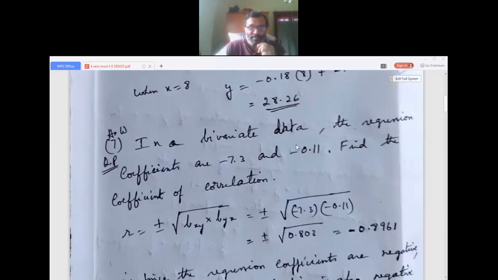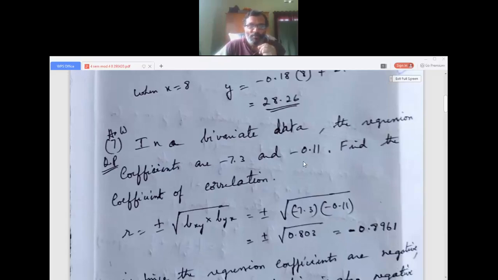Once again, I repeat, I am going to discuss that homework problem, and the two problems which I do today are from the old question paper. The same type of problem is also there in your model question papers, model question paper 1 and model question paper 2, but the numbers have been changed. That you should solve. That is your work, to solve it correctly. So I'll do it very slowly.